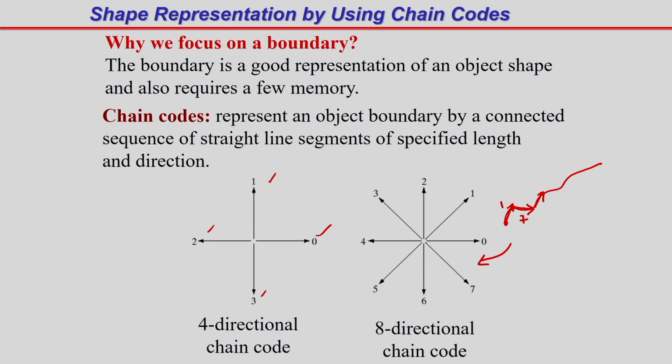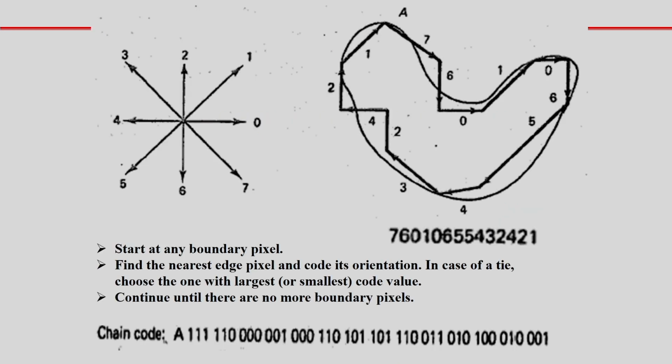For example, suppose I am doing gesture recognition, and the hand is moving in space. In this case I am getting the trajectory of the hand movements. This trajectory I can represent by using the chain code, and here I have shown how to determine the chain code. Here I am considering 8 directional chain code. So I have 8 directions, 0, 1, 2, 3, 4, 5, 6, 7, and I am considering one arbitrary boundary.